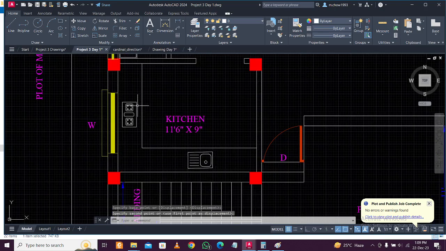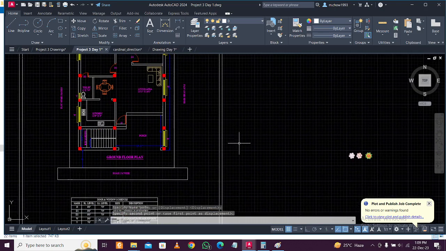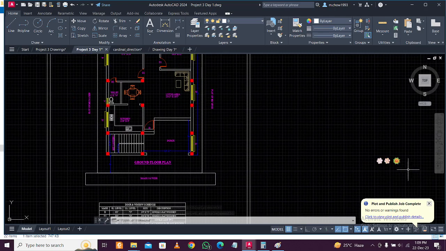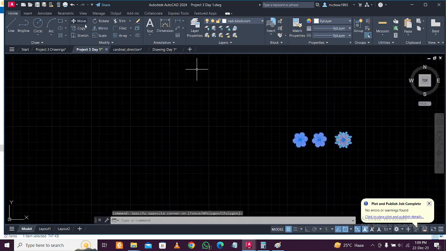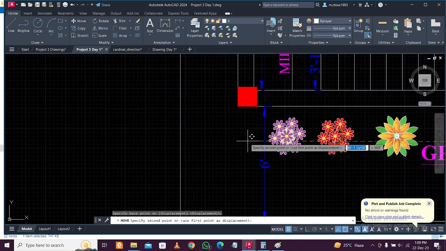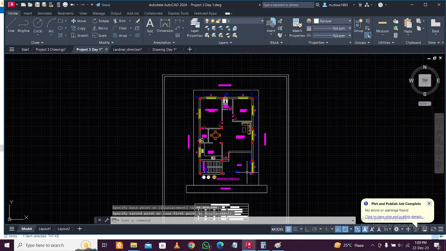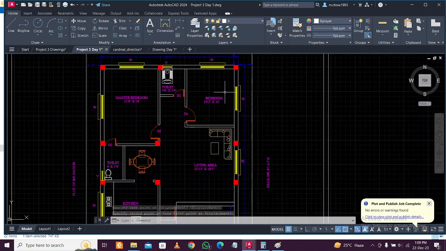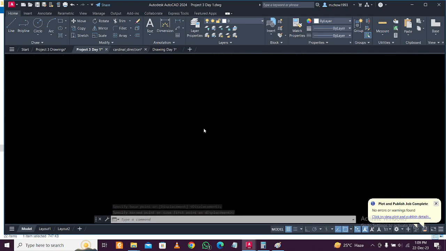Put the sink in here, this direction, kitchen this direction. No need to overcomplicate the things. Put the flowers outside, in the front 6 feet space which you have. Okay, nice and good. And then we have the master bedroom also,